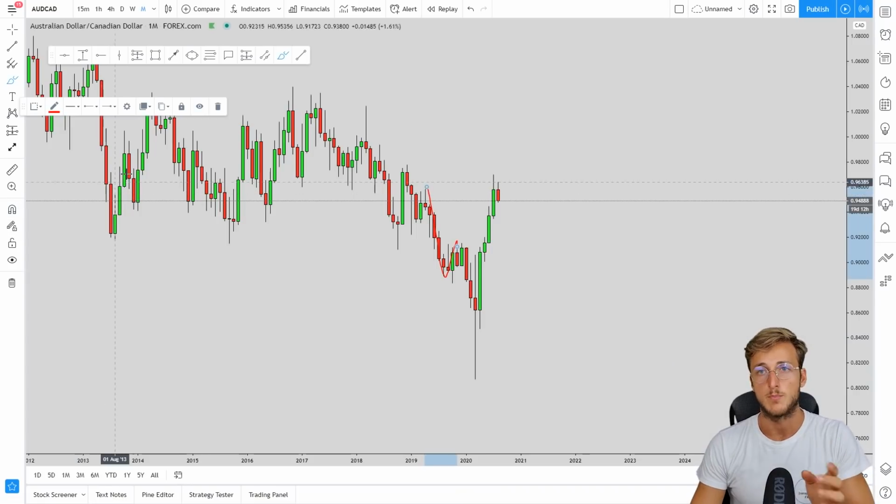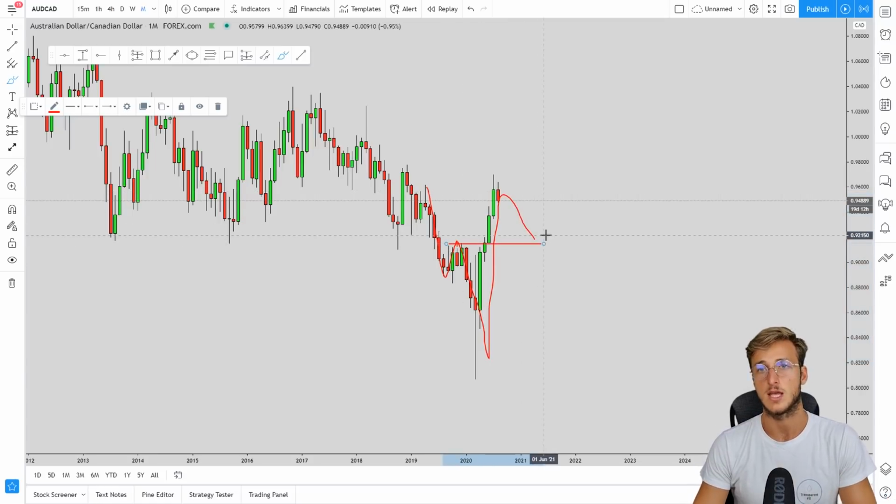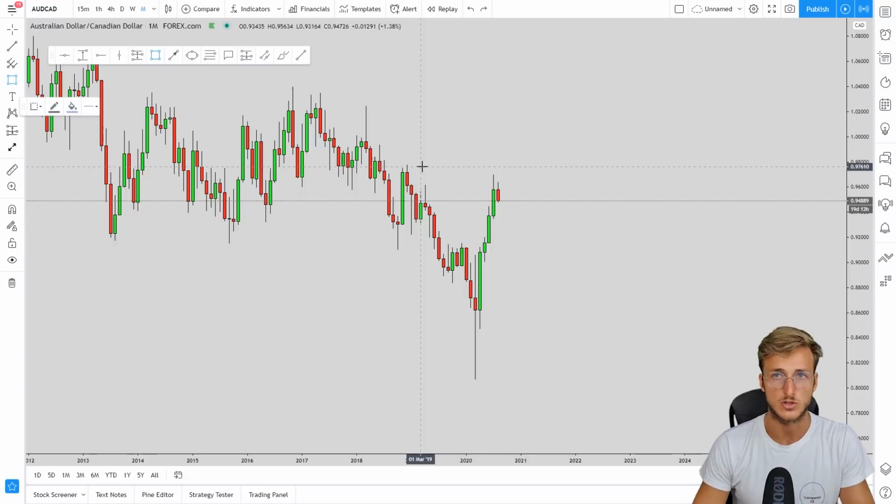So here on the monthly time frame, what we actually have is the exact same pattern: down, and up. And we want to see the market give us this move to the downside to test the completion zone of the pattern. Now, if we look at what kind of a structure we actually have around the completion,